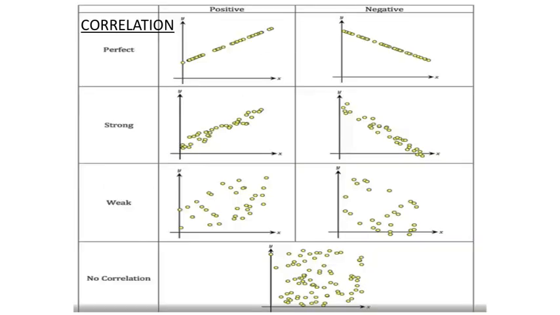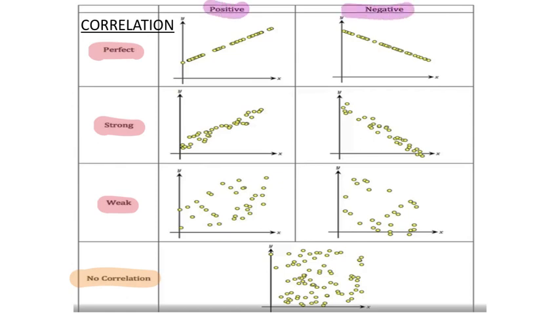Now, just to start off here, on the assignment, you're going to see problems like this, and what they're going to do is they're going to give you graphs like these, and you got 2 things that you have to determine. First, you have to determine if the relationship between the x values and y values has any type of correlation. So you have, for example, a perfect correlation, strong correlation, weak correlation, and then it is possible to have no correlation as well. Now that's the first thing that we look at, is it perfect, strong, or weak, or maybe even no correlation? And then second of all, we would look at maybe it's a positive or a negative